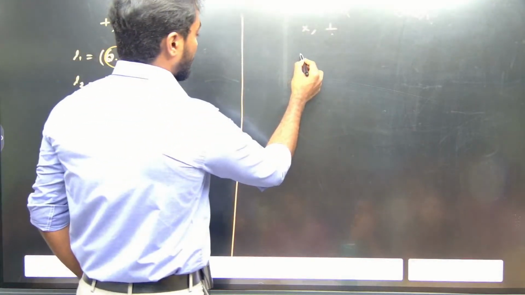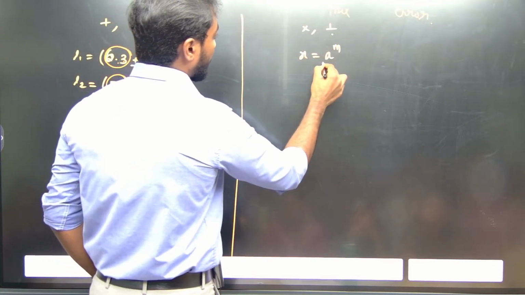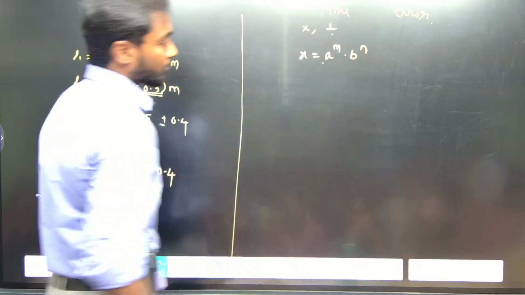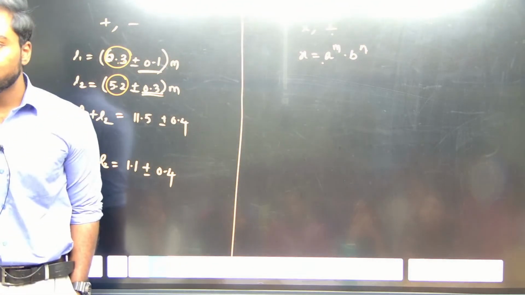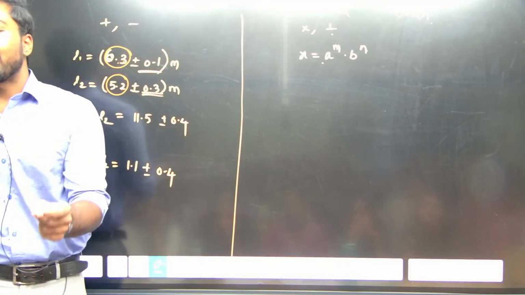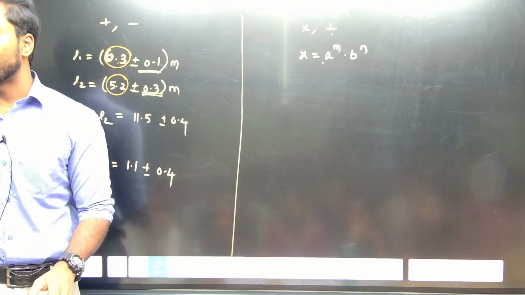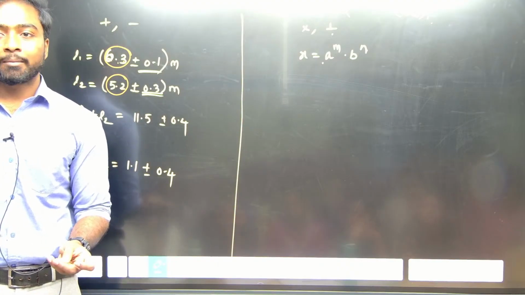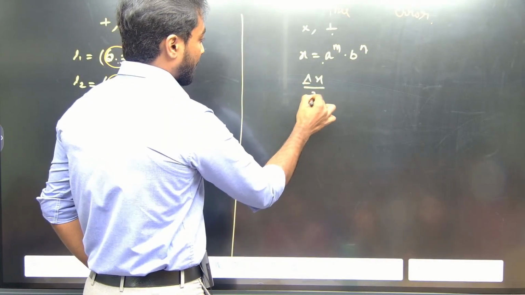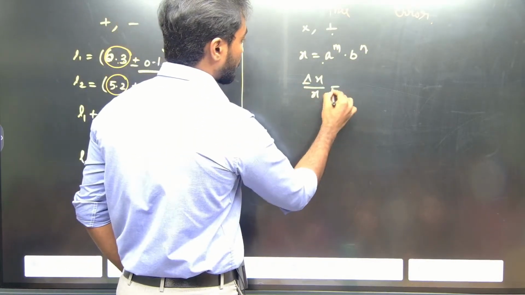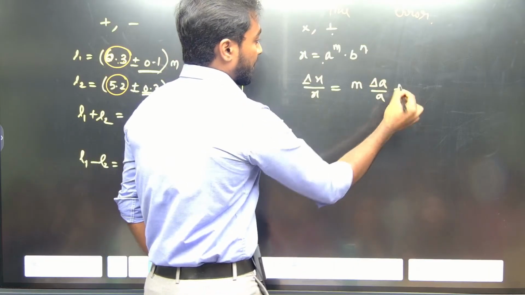Suppose the given equation is x equals a power m into b power n, including exponents. If an exponent is not there, we consider it anyway: 1 means 1 power 1, 2 means 2 power 1, yes or no? Getting my point? So how to write this one: delta x by x equals m into delta a by a plus